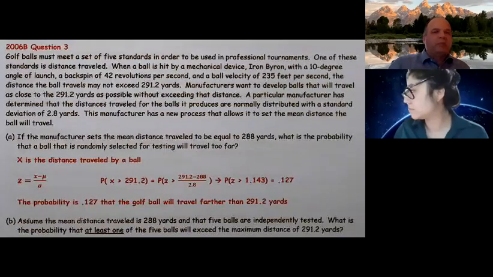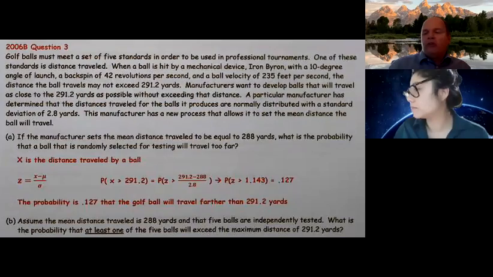Okay, so on this particular problem, normally I wouldn't read the entire problem because you all have just read it. But I am going to read through it just a little bit or summarize it, because the question does refer to parts of it in the question stem. So first off,